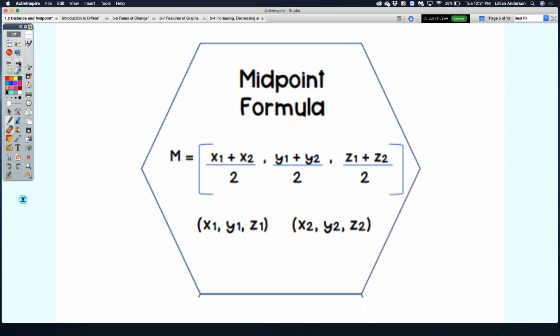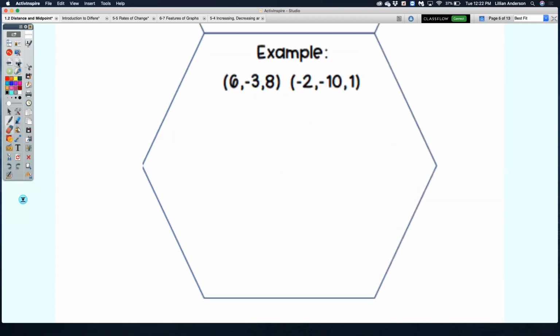Midpoint, just like what you knew before, it's not a square bracket, it's still the parentheses because it represents a point. And just like with distance, you just add in the z coordinate. So midpoint, 2-dimensional is x1 plus x2 divided by 2, y1 plus y2 divided by 2. But then you add in that 3rd dimension, z1 plus z2 divided by 2. So if I wanted to find the midpoint for our example,